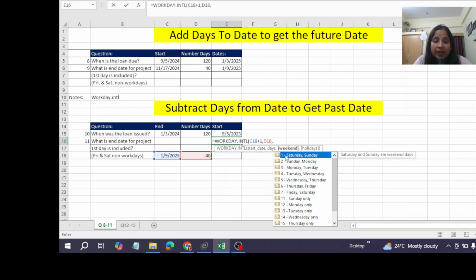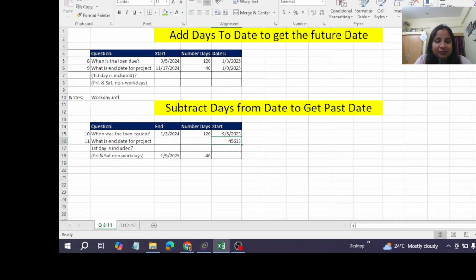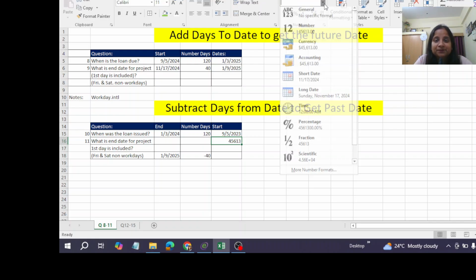Comma, and the weekend is there. Select the weekend, close the bracket, control enter. And what is this 4, 5, 6, 1, 3? We have to change the format here,